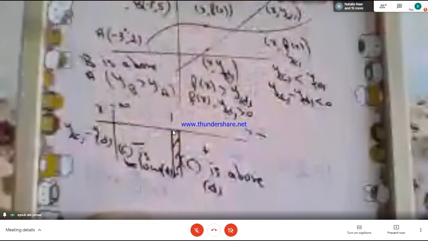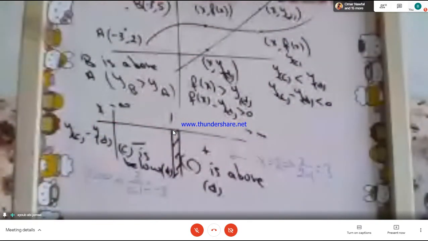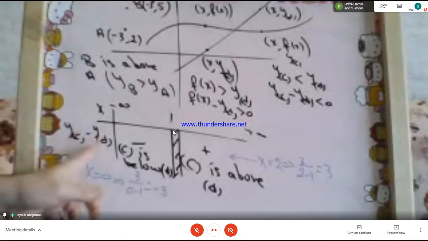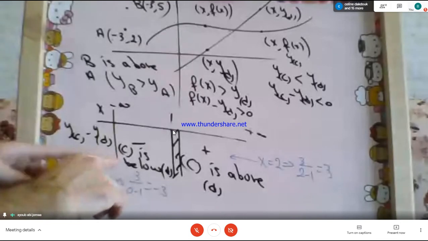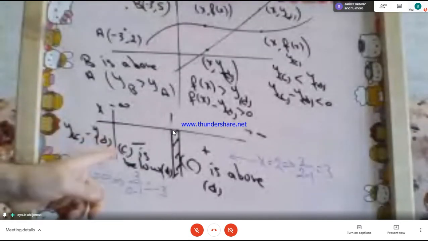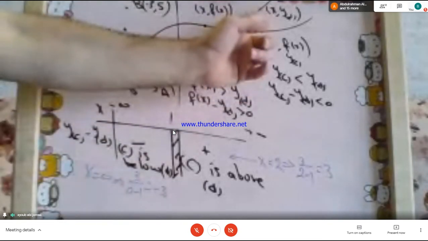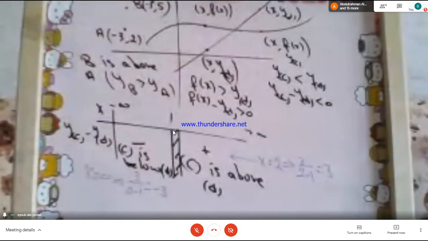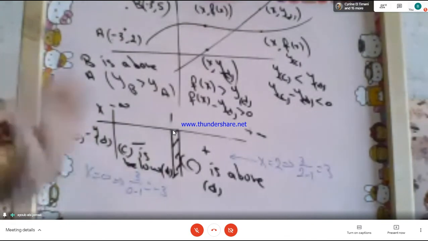Then the line is above. So that we all stay on the same naming, same everything, same way of writing, always start with yc minus yd, or f of x minus the equation of the line, and study the signs. Okay? Always start like this. When I say here that c is below d, c is below the line d, well, that is equivalent to saying that line d is above the curve c. If someone writes here then d is above the line c, that's right too. But so that we all stay with the same way of writing,